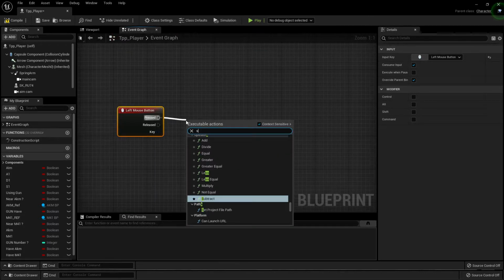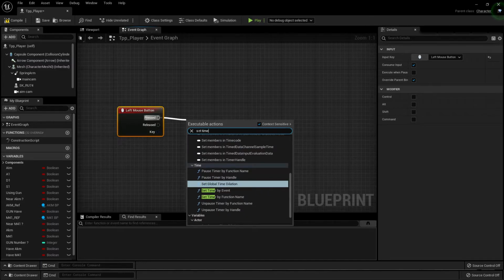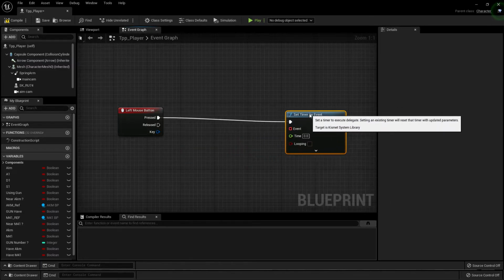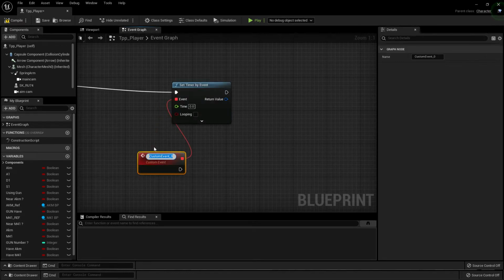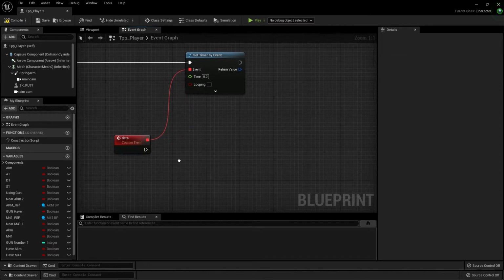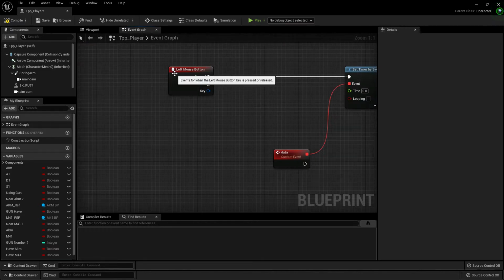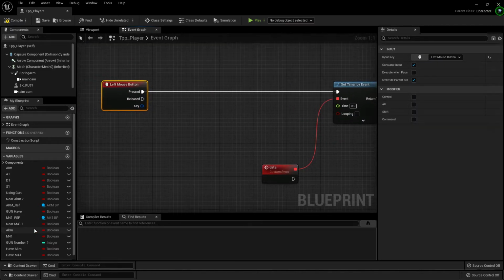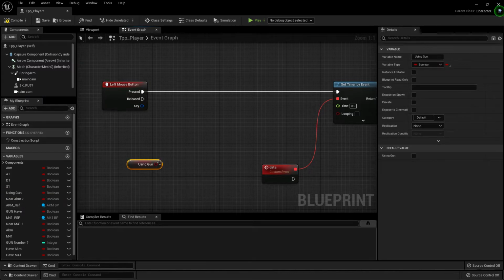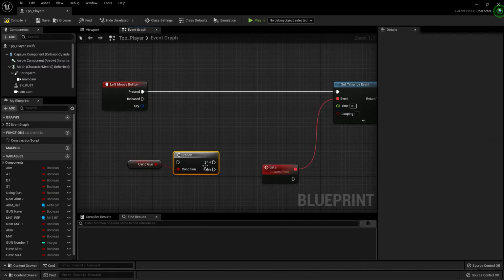So now we need a set timer by event, and it will be a custom event that we can give data to. Then from here we will verify, at left mouse, that we are using the gun correctly or not. So if done,